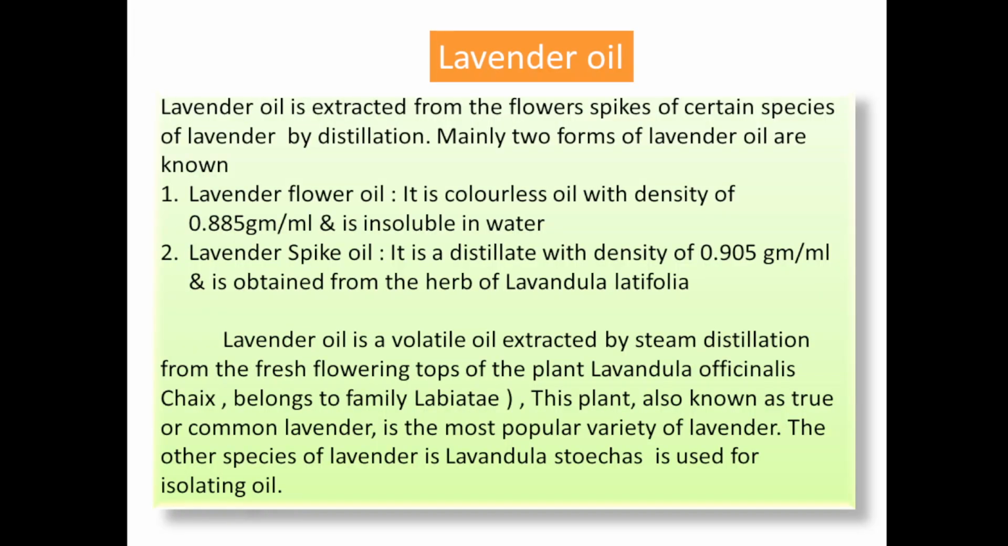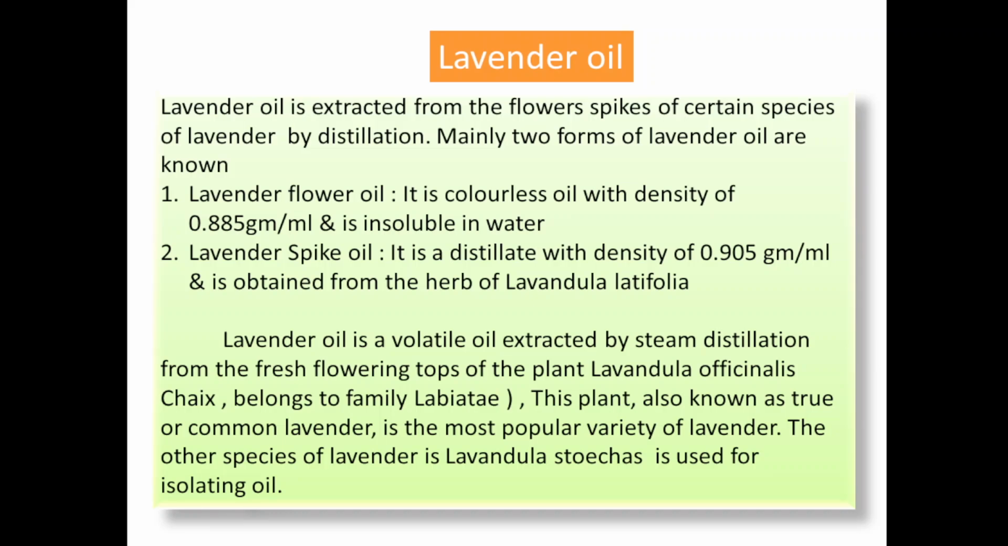Next drug is lavender oil. Lavender oil is extracted from the flower spikes of certain species of lavender by distillation. So this lavender oil is collected by the distillation method, and two forms of lavender oil are there. Lavender flower oil is a colorless oil with a density of 0.885 gram per ml and is insoluble in water. Lavender spike oil is a distillate with a density of 0.905 gram per ml and is obtained from the herb of